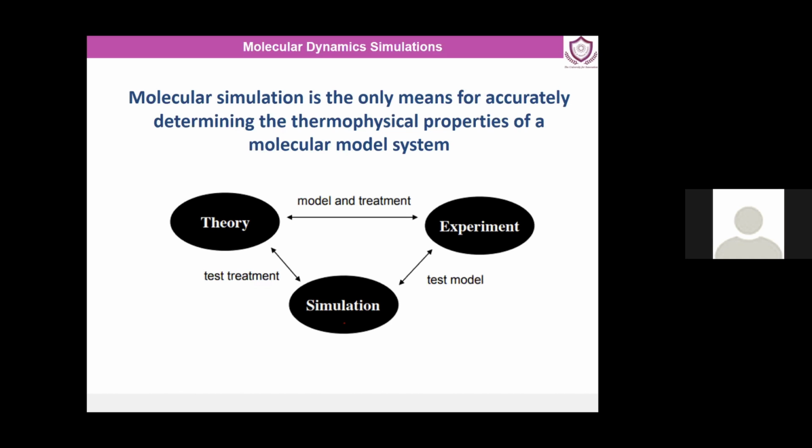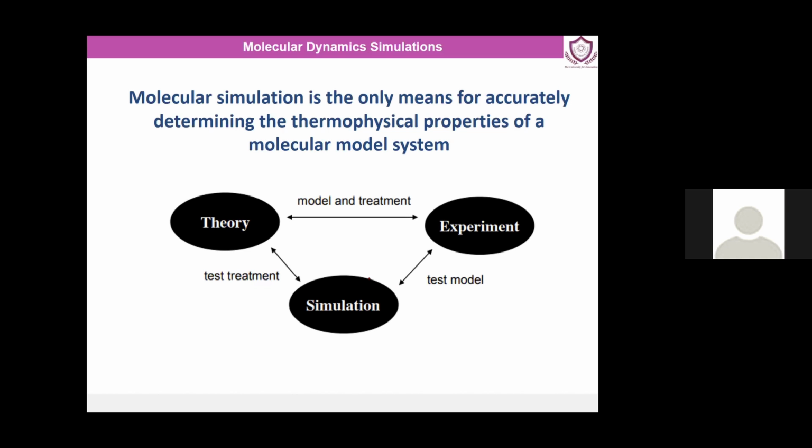So simulation actually helps you to identify a better lead molecule, a better therapeutic. Possibly you can shortlist or filter the therapeutics available with you, and then you can take that into actual prediction, wherein you can design assays and say whether this molecule is effective against a drug target or not.